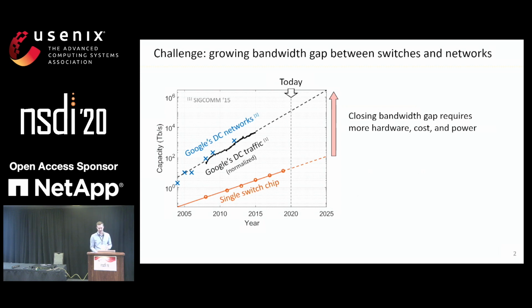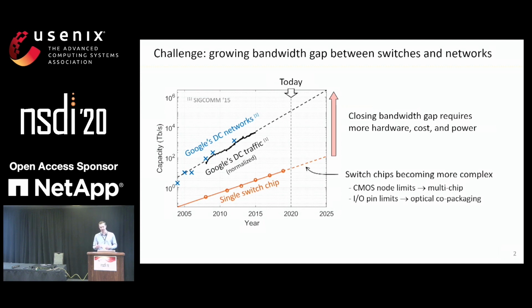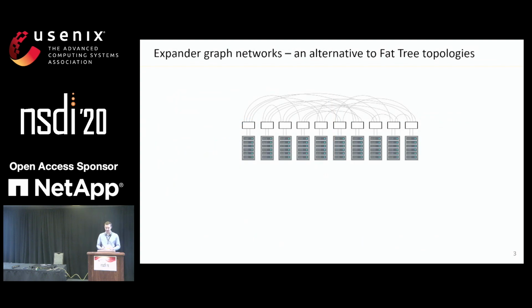And as if addressing that wasn't difficult enough, just keeping the components on their current scaling trend is becoming more and more challenging as we look forward for a number of reasons. So in response to these challenges, operators and researchers are rethinking how best to optimize these networks for cost and power, and really aiming to minimize the amount of hardware that's necessary, all without sacrificing workload performance. So along this line of research, recently the community has proposed this idea of expander graph networks